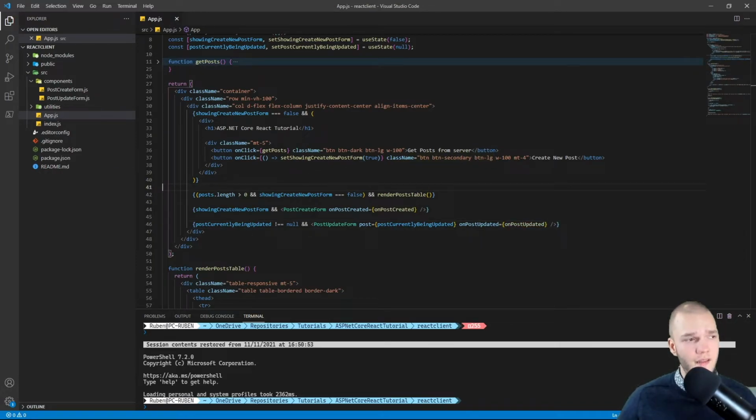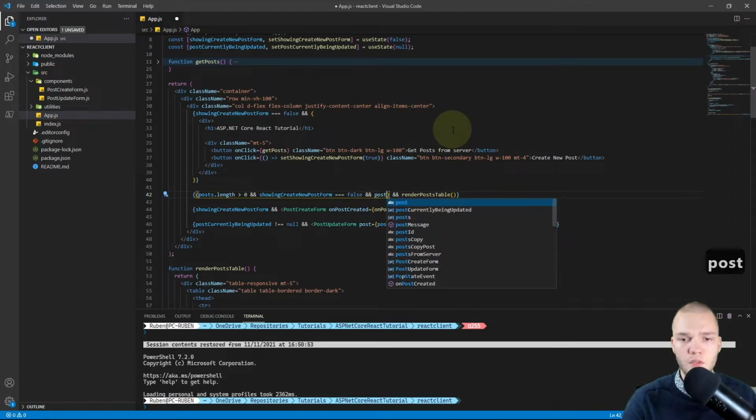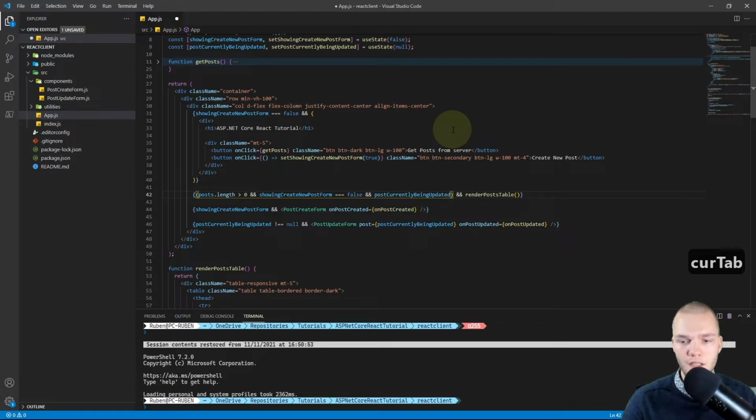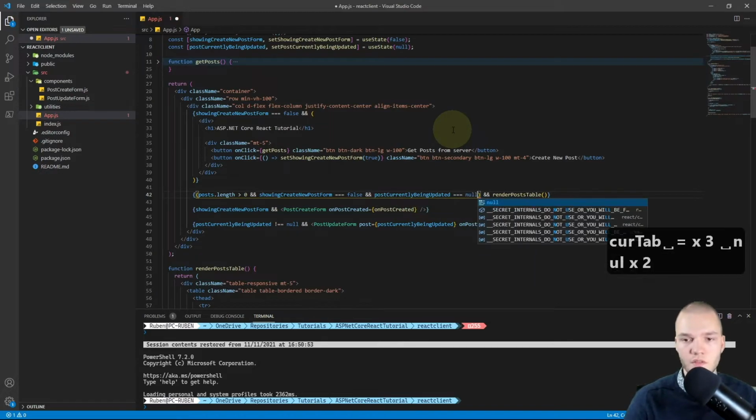Okay, so that's that. Then I want to add one more condition where we show the table with all the posts, and that is that the post currently being updated must be null, right? So I'll just add another condition here. So the post currently being updated triple equals null.